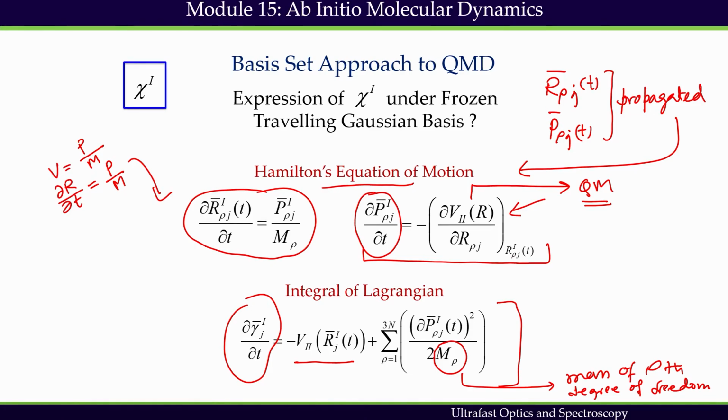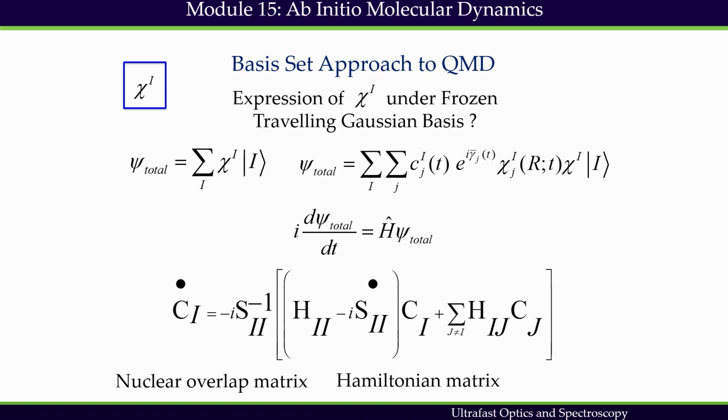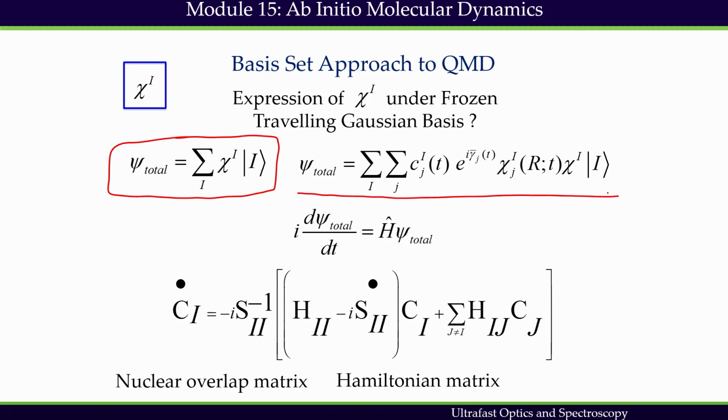So, in this ab initio multiple spawning method, we are using a classical propagator to propagate the nuclei. Finally, the multi-configurational nuclear wave function has the following form. We have already pointed out that we have to use the Born expansion of the total wave function, and that is why the multidimensional form of the total wave function would be like this, where this is a trajectory basis function